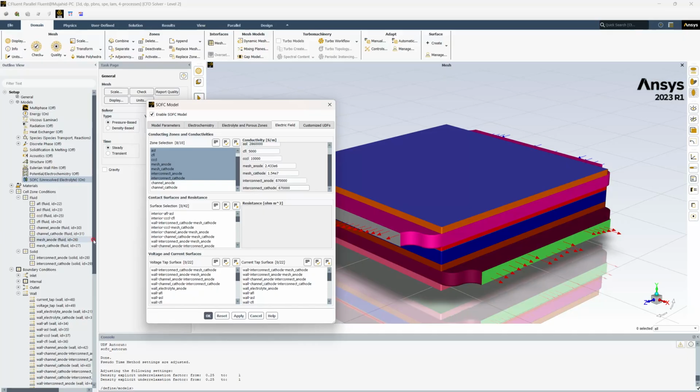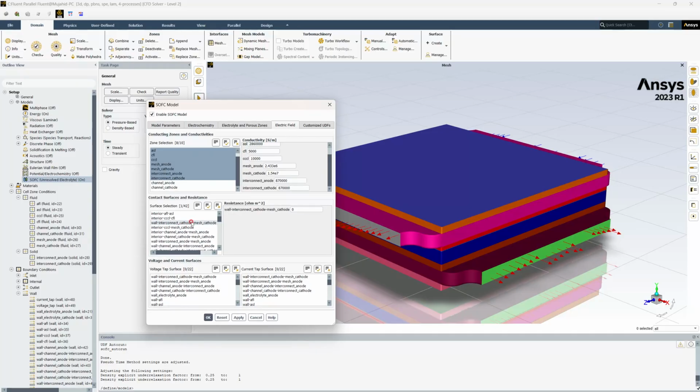So the contact surfaces, now the contact surfaces are all the places where there's a change, a different entity, not within the cell but outside of the cell. So when the cell contacts with the mesh and the mesh contacts with the interconnects, those are the contact surfaces. So we should have interconnect cathode with the mesh cathode. This is one of the contact surfaces,